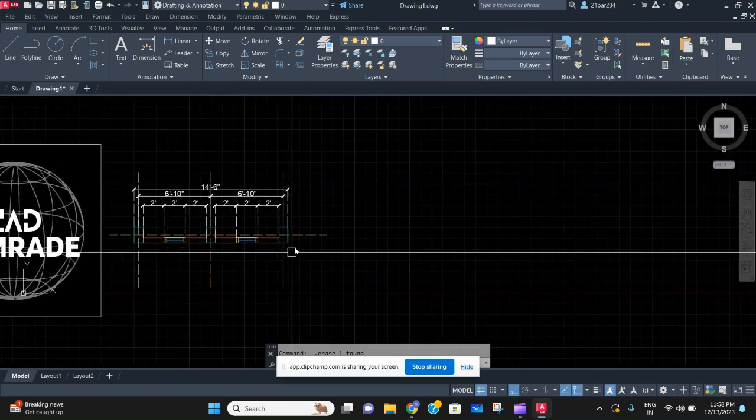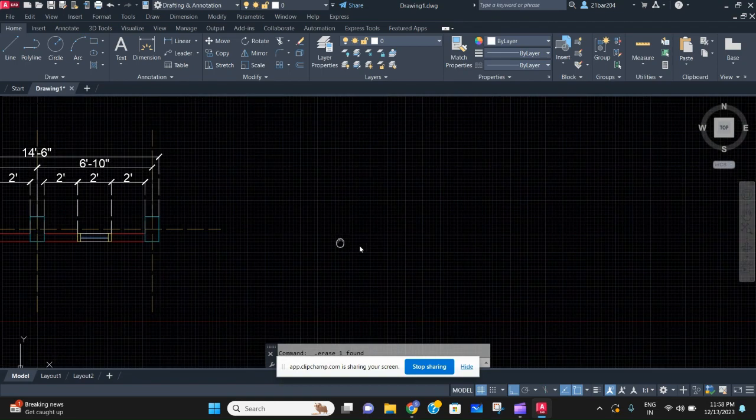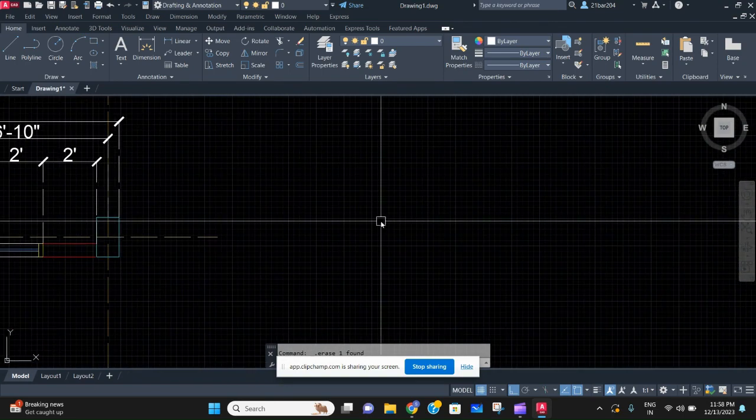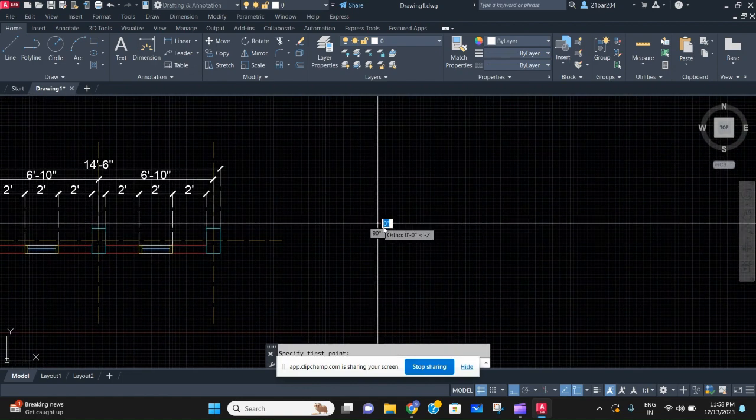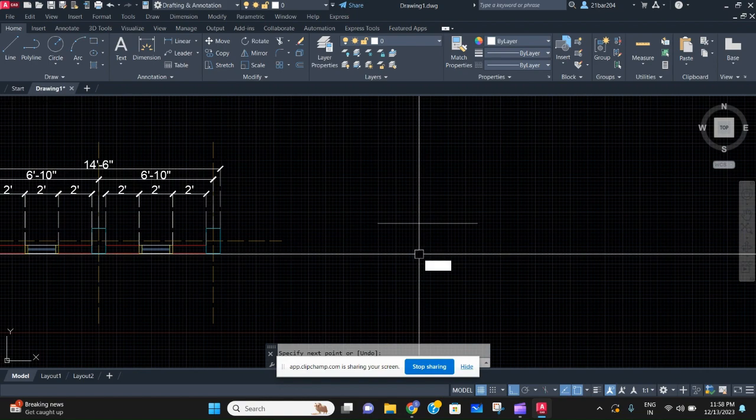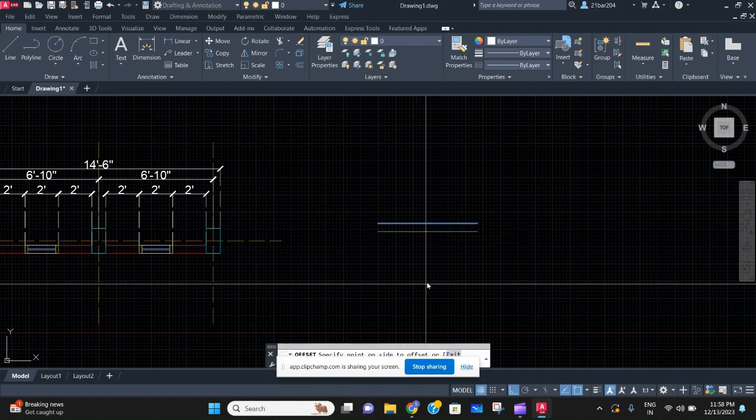In today's video we are going to learn how to draw a door in AutoCAD, which I'm going to teach you in plan. So let's say you have a wall of, let's say, 6 inches, which is like a generic wall